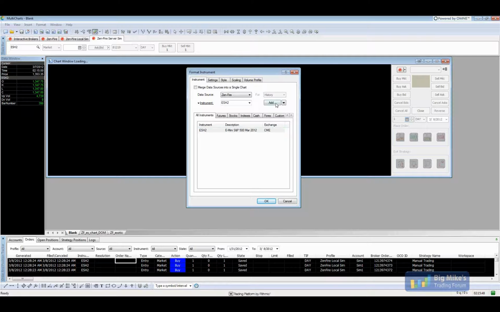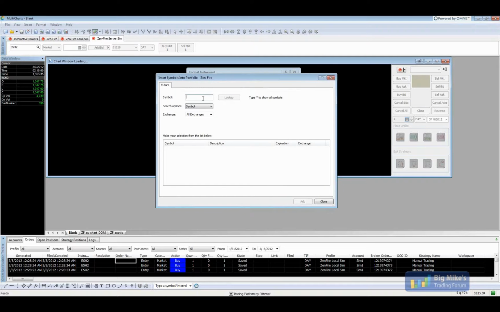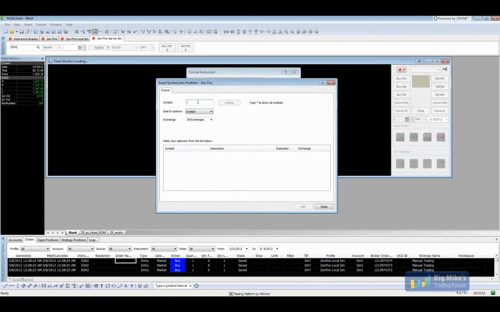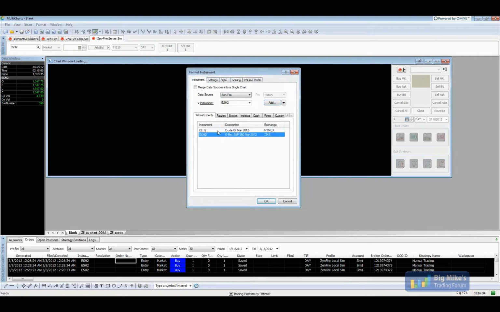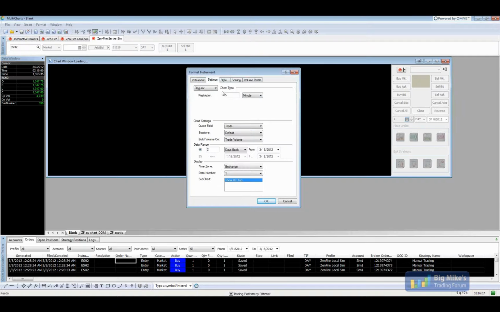If I forgot to add some, I can always click this convenient add button. It opens up the same window that we saw. We can add another symbol from here, and it'll appear in our list. Okay. So once we chose this, we can go into the Settings tab, and here we choose how we want